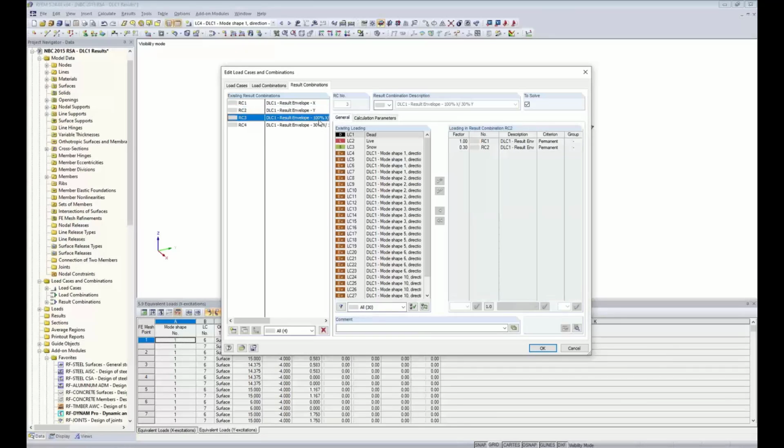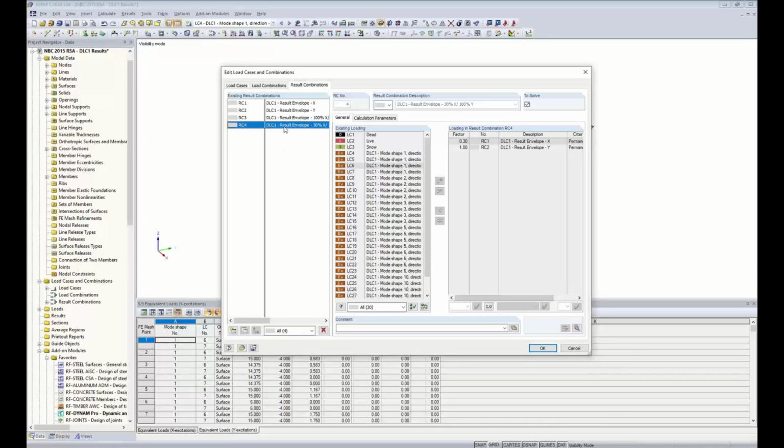And finally, we have our result envelope for the 130% rule. So all that we're going to do here is take result combination 1 and add it to result combination 2, and you can see these over on the right-hand side, but we adjust our factors. Our factor is 1.0, and I can expand this out so you can see this, in the X direction and 0.3 in the Y direction. Taking a look at result combination 4, same concept, we just reverse those factors of 30% in the X and 100% in the Y. Now keep in mind, we can create new result combinations here down at the lower left-hand corner,